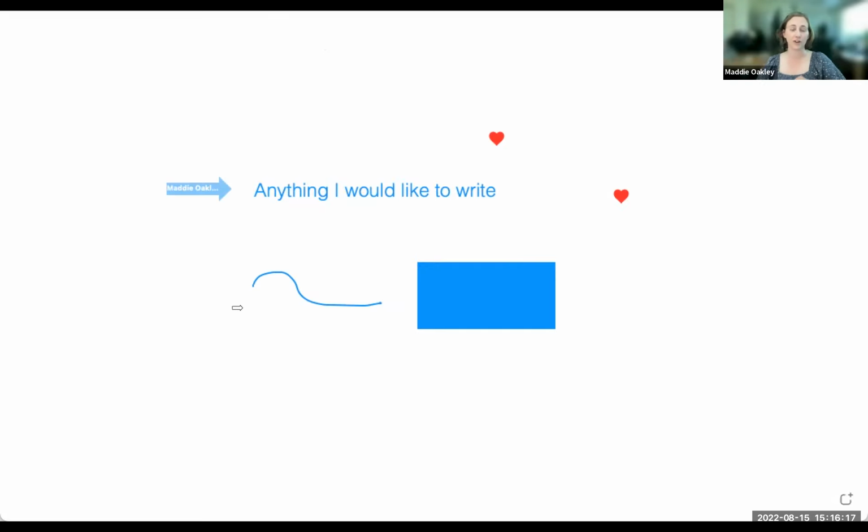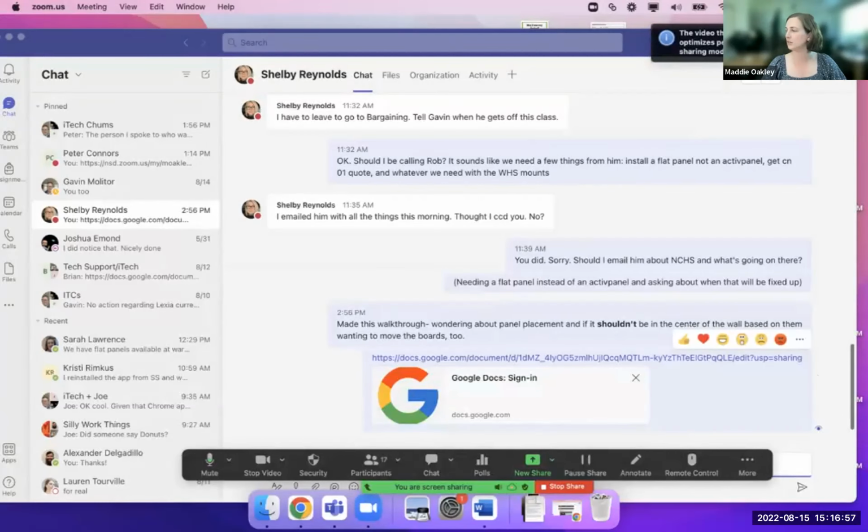Actually, the arrow function is something that as an instructional technology coordinator, Pete and I use quite often, where someone's sharing their screen with us and we're wanting to show them where something is on their screen that they need to pay attention to while we're trying to fix a problem. So we'll go to annotate, arrow, and point and say, oh, look, this is the setting that you need to change, right here. And it's a really cool feature to be able to do that. All right, so I'm going to clear those and stop sharing the whiteboard. That's the whiteboard feature. I'll go back to sharing my screen regularly.